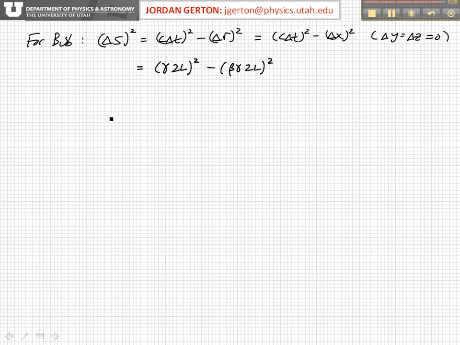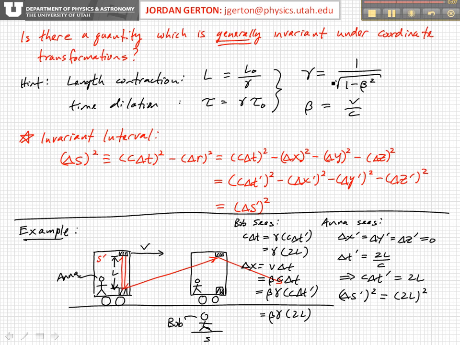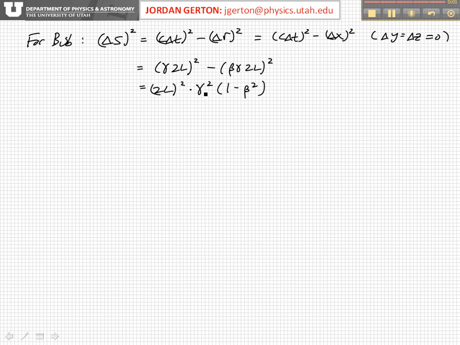Okay, so that's the interval he sees. If we work out the math and factor out a 2L squared, and we factor out a gamma squared, which is in both as well, then we're left with 1 minus beta squared. Now, if you look at the definition of gamma on the previous view graph, gamma squared is 1 over 1 minus beta squared. And so this